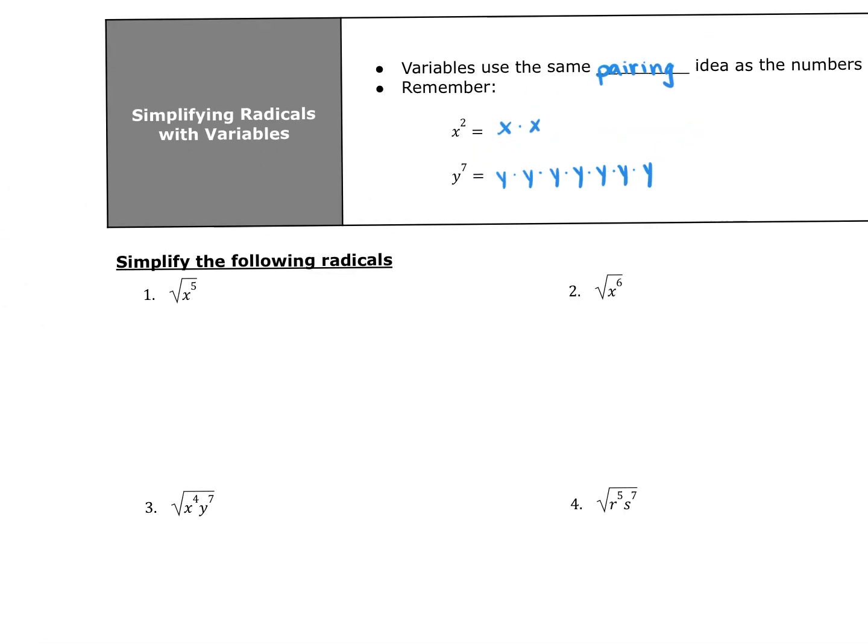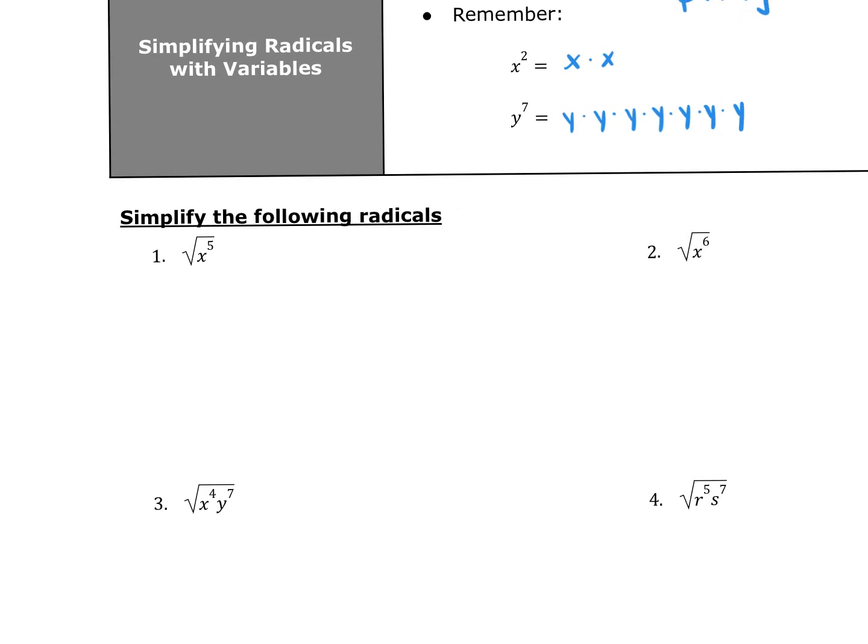Okay, so let's try some of these. If I have x to the 5th under the radical, that means underneath this radical, just like yesterday, I have 5 of these. So I'm going to say 1, 2, 3, 4, 5. And just like yesterday, if they were double of something, I would pair them. So I have 2 right here and I have 2 right here. Those are both going to come out to the front and they're going to come out as one thing. So I have a pair of x's and another pair of x's. So really, out front, I have x